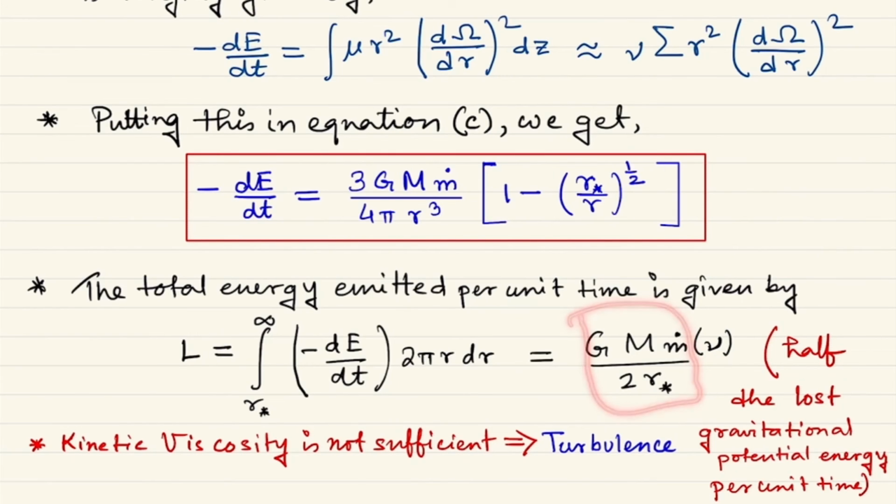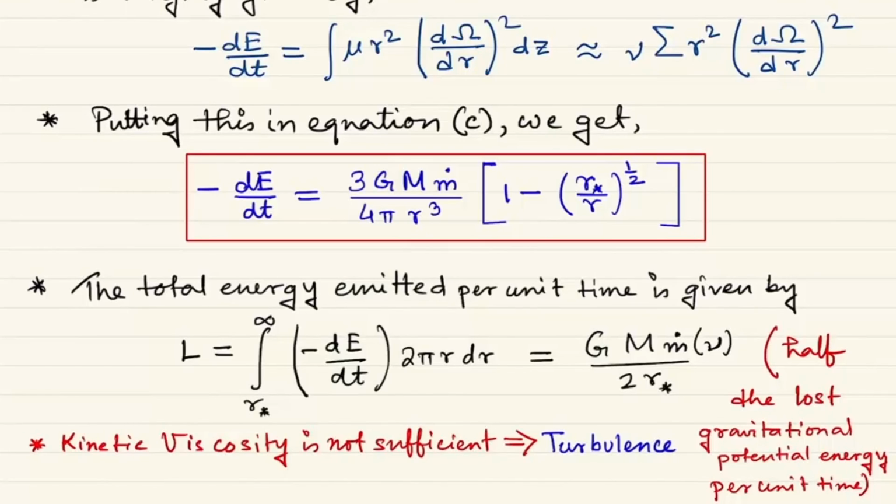And you see what this is. This is nothing but half of the lost gravitational potential energy of the mass lost from the less dense star. So half of the potential energy which is lost by the mass, which is now accreted onto the compact star, is converted to heat by dissipation. What happens to the other half? Well, this is also very easy to understand. This basically contributes to the kinetic energy, and you can actually calculate that. Kinetic energy of the disk.